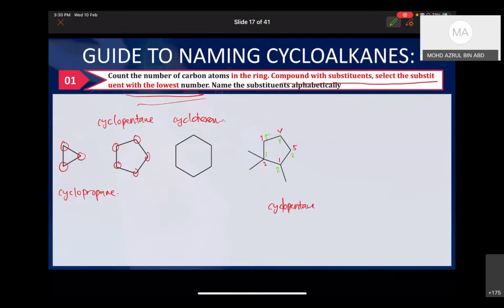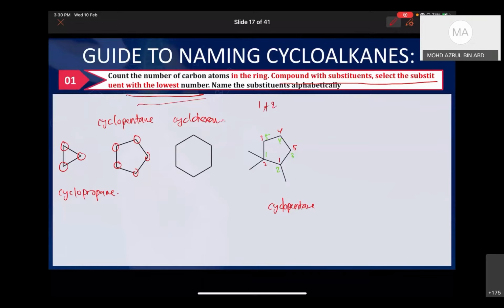So between red or green, which one should I follow? Green. The green one, because if I follow the red one, the substituent is